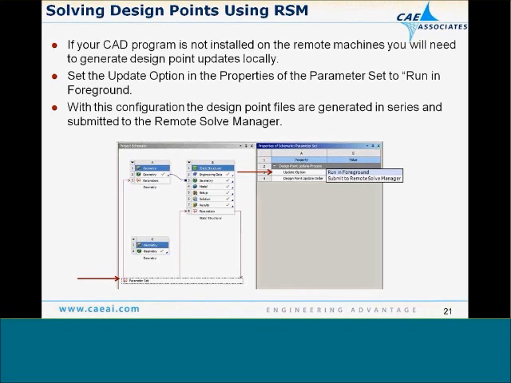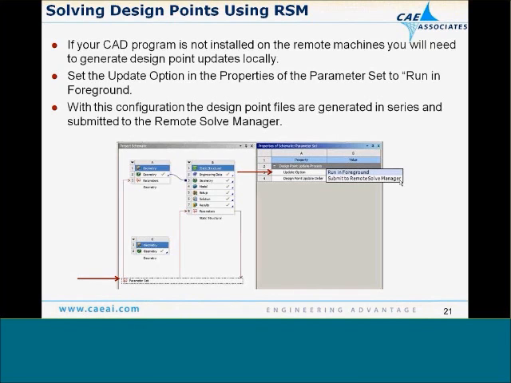Typically, what we like to do is generate the individual design point files on the local machine, because that's where we have the CAD system running. And it doesn't take a whole lot of time for me to pass parameters back, regenerate geometry, and regenerate mesh. I can choose to do my design point updates on each individual host machine, or each individual cluster machine. But when I do that, I have to wait for the CAD system to open on each one of those cluster machines, because these are batch processes that are being submitted. So typically what we like to do from a speed standpoint is generate the design points locally on your main machine and then submit the